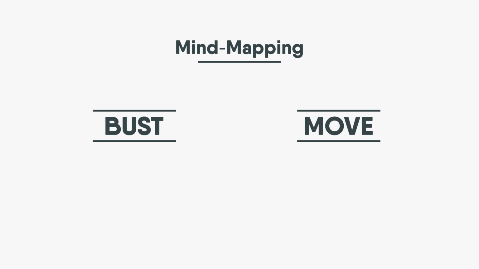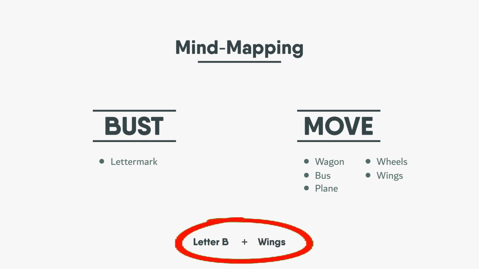So let's continue with the mind mapping process. Now we have two words to continue. The first one is Bust and the second one is Move. For Bust, we will use a letter mark with letter B, and to represent moving services, we can use different elements like a wagon, a bus or a plane or something similar, and to make it minimalistic, we can use elements like wheels or wings. So I decided to continue with the combination of letter B and wings, and after producing different designs, this was